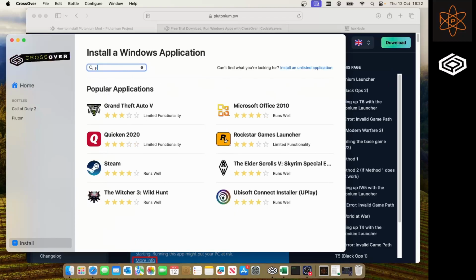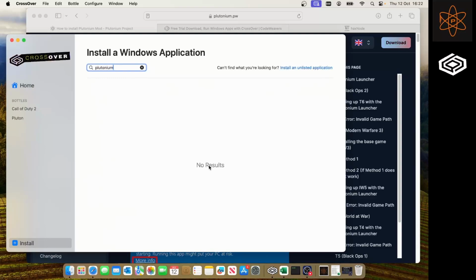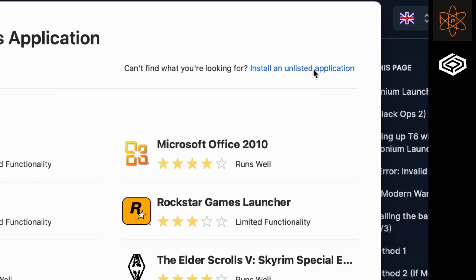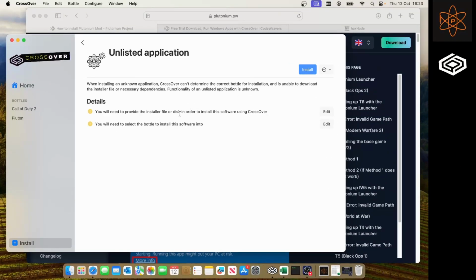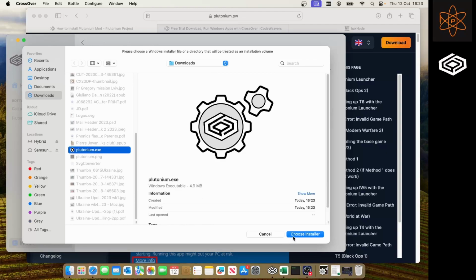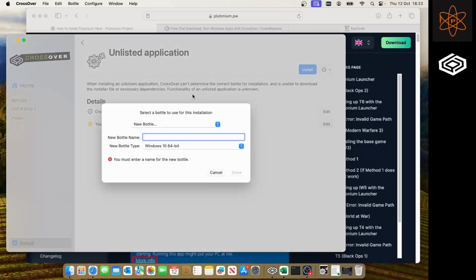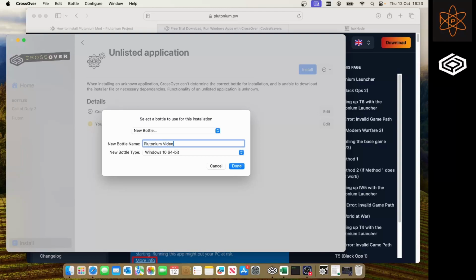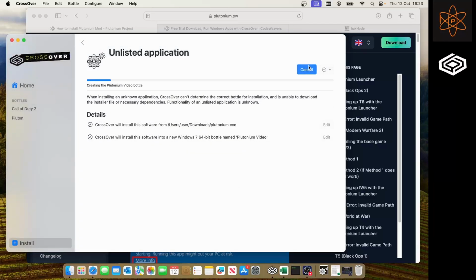Moving on, we can try to find Plutonium in the database of Crossover, but it's not there. So we choose to install an unlisted application. This will force Crossover to create a bottle with some of the dependencies that it will need. We proceed to give a name to the bottle and also select Windows 7 64-bit as the type. Click install, we wait,